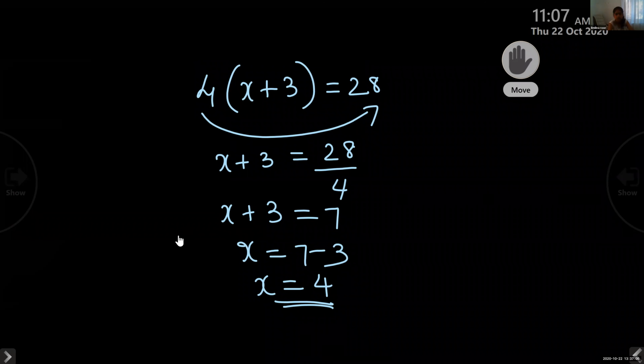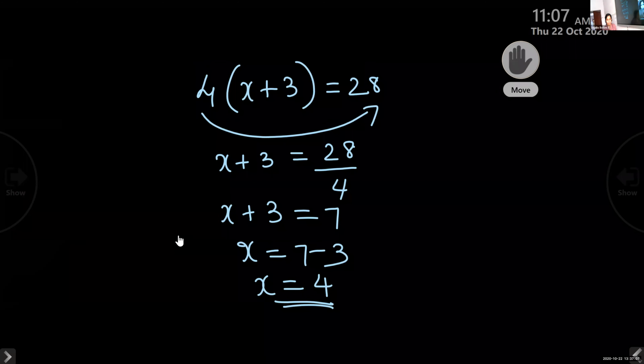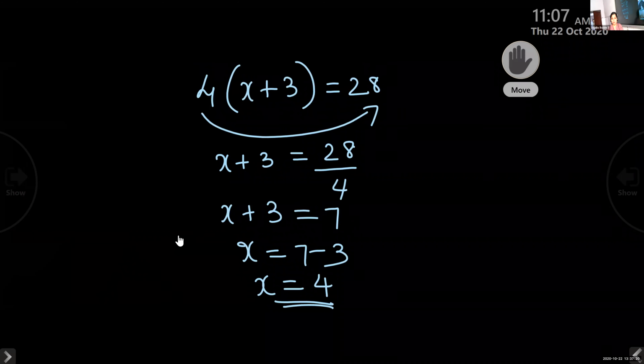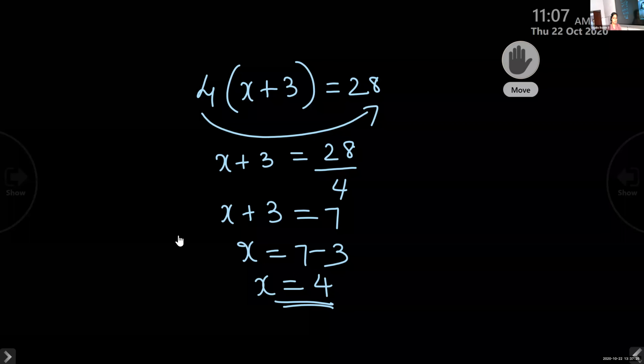Now what we are going to do is the next topic, that is application of simple equations to practical situations. In the beginning of the chapter you have learned how to frame the expressions and frame the equations, isn't it? Same way, you will be given a situation or a statement. You have to bring it into a mathematical sentence, or frame the equation and solve it. So we'll do that type of problems.